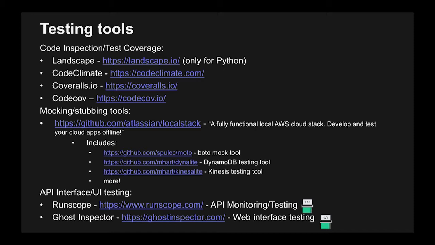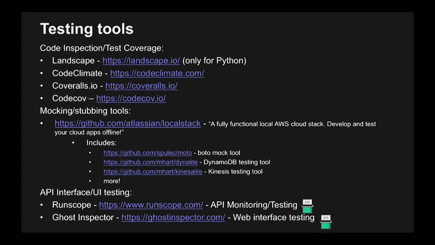And then what we do have is another pretty awesome list of mocking and stubbing tools. And actually, the folks at Atlassian have been putting a lot of work into this tool called LocalStack, which if you hadn't had a chance to check out, you really should. And I think one of my favorite things about LocalStack that makes it such a great open source project is that it actually consumes a bunch of other open source projects. And those are my favorite kind of open source projects, are the ones that take other pieces and put them together instead of reinventing themselves.